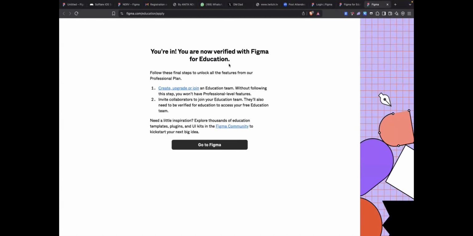I'm actually already verified, so that's one of the reasons you might not see my own. But if you don't have the resources to pay for paid Figma, you go through Figma education. You can choose bootcamp, or another option is education. You pick either of them, and then you can access Figma and other features that you cannot access on the paid Figma software.